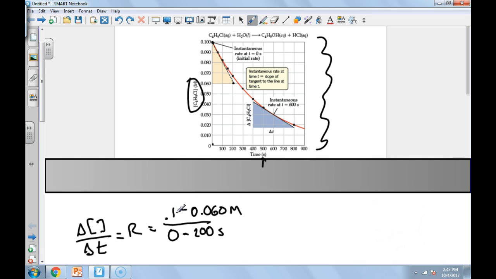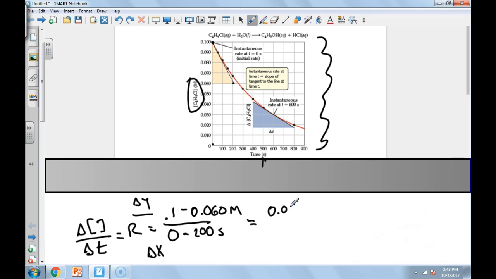So the rate here is 0.1 minus this, because it's change in y, which in this case is the change in concentration, over the change in x. That's like, go back to algebra 1 or geometry or whenever you learned that. Okay, and so it's change in y over change in x, which in this case is the change in concentration over change in time. So the only thing that we have to do is now do the math on this,